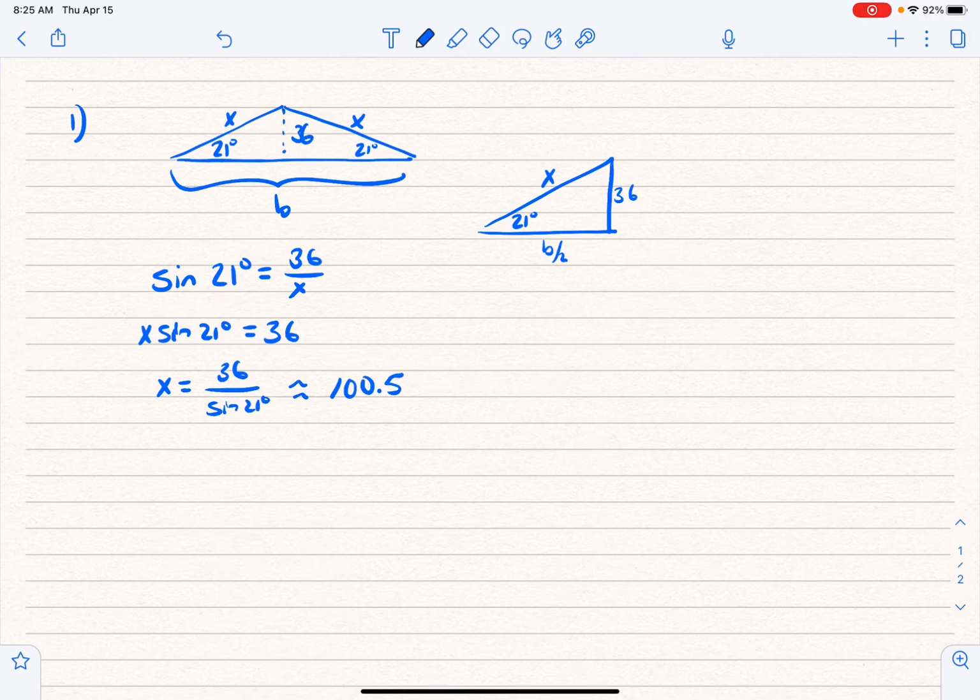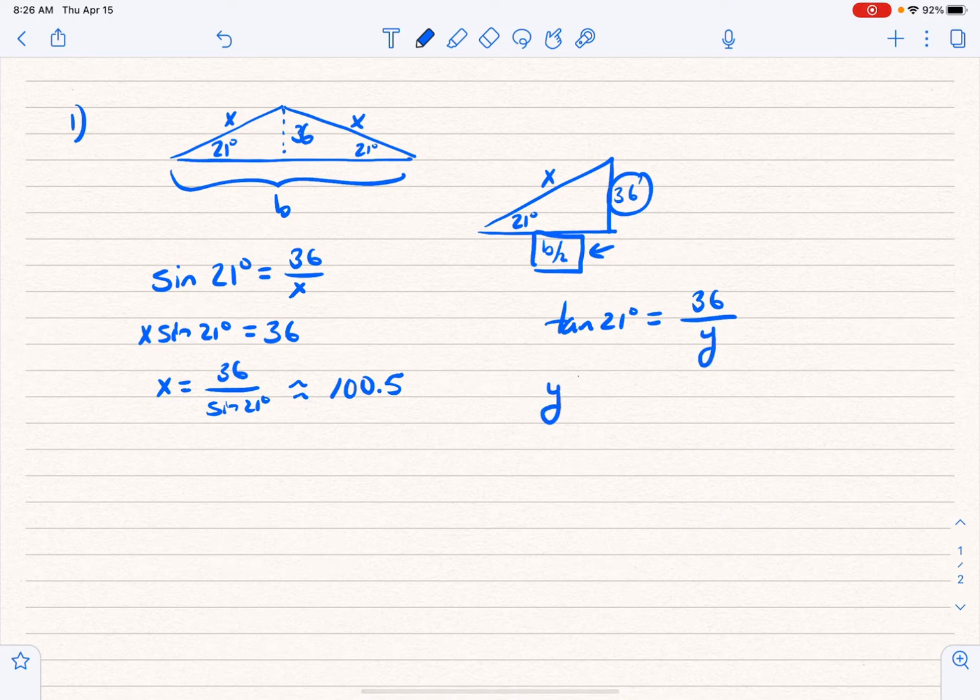And then if I wanted to find this part right here, I would use tangent because I have opposite and that is adjacent. So I'm going to say the tangent of 21 degrees is equal to opposite 36 over adjacent. And we'll call that y for right now. Again, got to multiply both sides by that. I get tangent of 21 times y is equal to 36. Divide both sides by tangent of 21. I'm going to get 36 over the tangent of 21 degrees, 36 divided by the tangent of 21 degrees, and I get about